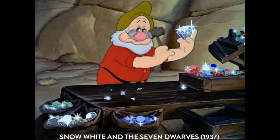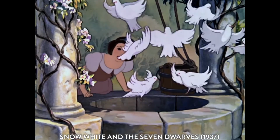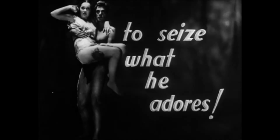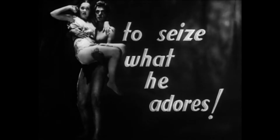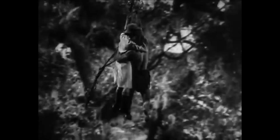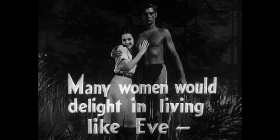We see the first animated feature film. We see the rise of B movies. So you have an A movie that you go to see normally, and then a secondary movie that you kind of get free admission to go see by going to see the more popular movie. So a whole lot of things that have stuck with us and stuck with our nomenclature about film come from this